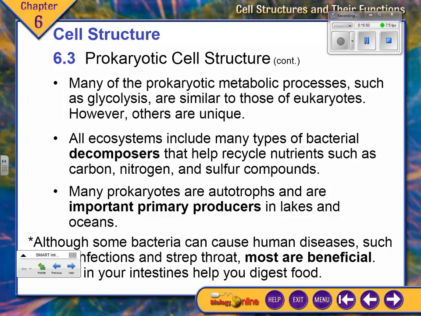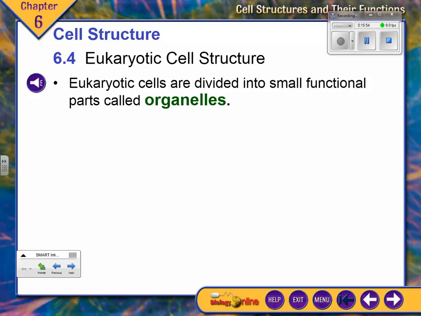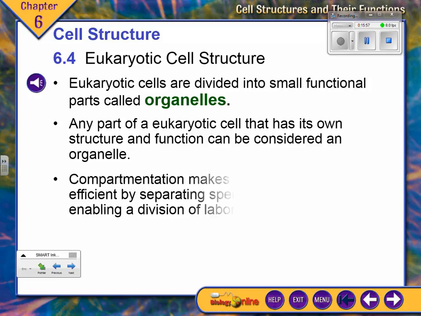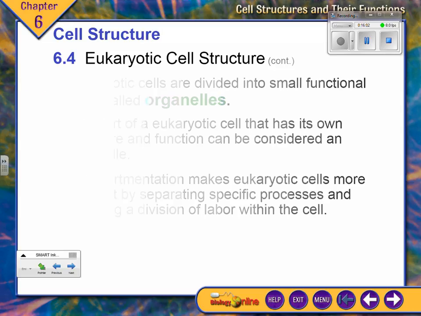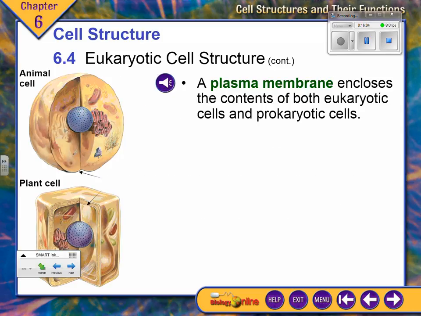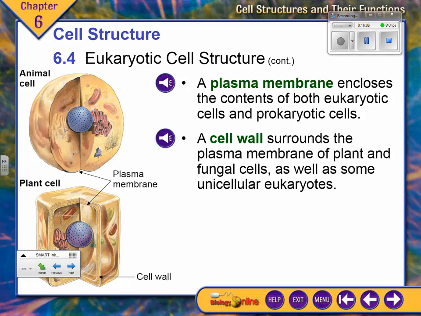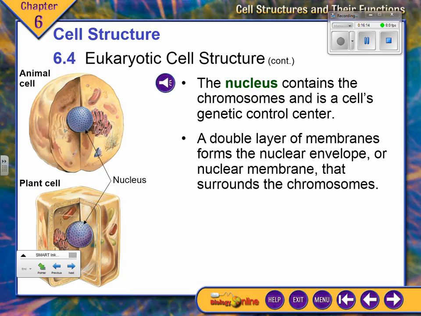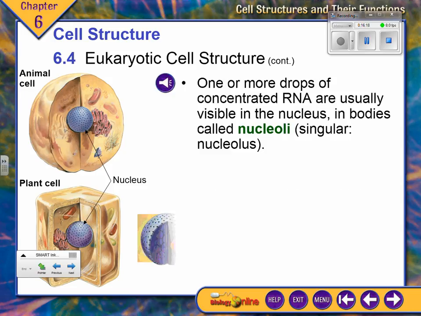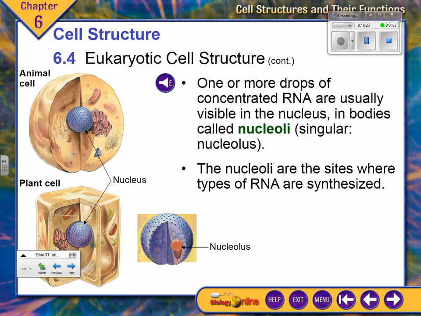There are a few that obviously make us sick, and that's another reason why we want to understand this. Okay, we're almost done, so hang in here with me. Just quickly going through the little organelles, the little organs. You already know a lot about plasma membranes and cell walls, and you need to make sure you know their functions. The nucleus stores and protects the DNA. Nucleoli, I'm not going to overly worry about, but if you want a little more, they help with RNA.